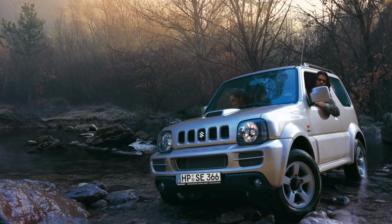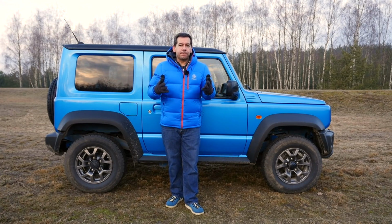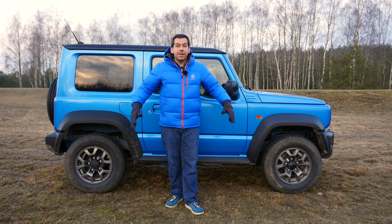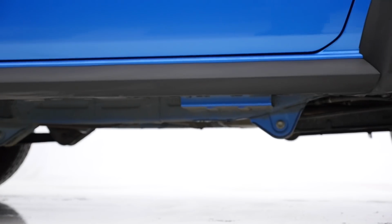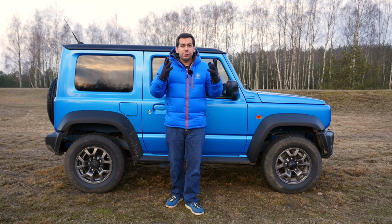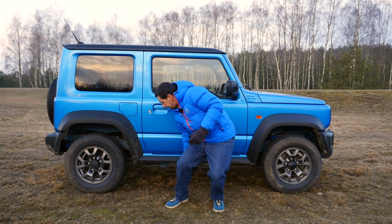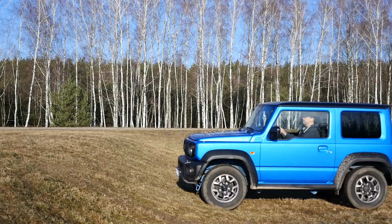And now let's talk off-road. What does it mean that Jimny is one of the last true off-roaders? Firstly, Jimny is built on a ladder frame. This means more rigidity as the car is subject to forces when off-roading. Secondly, Jimny has big approach angle, that's in the front, 37 degrees, breakover angle here 28 degrees and departure angle